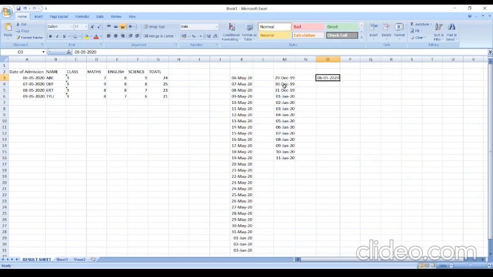Now whenever you are using a formula, I think it is clear to you now the difference between formula as well as function. Now I am going to discuss different types of formula. There are two different types of formulas. First is basic formula and the other one is compound formula, or you can say complex formula. Basic formula means when you are using only a single operator.